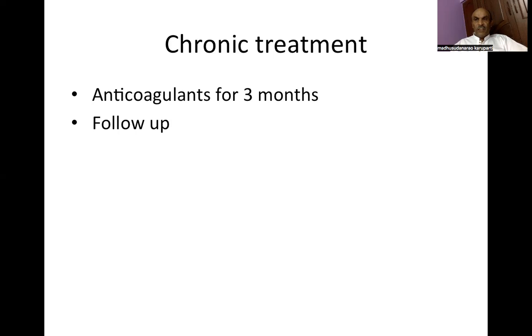But if the patient has got increasing tendency for the bleeding, it should be weighed against the benefit of anticoagulant therapy. So when the patient is on anticoagulant therapy, he should be monitored with regard to prothrombin time and INR. So usual period of anticoagulant therapy following initial stabilization is for about 3 months